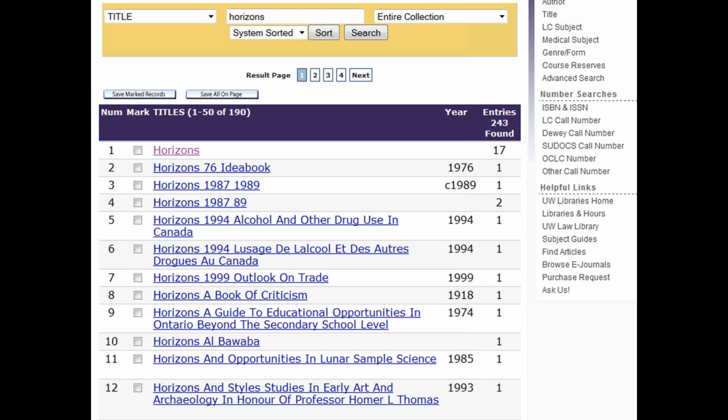And it doesn't take into account the fact that Horizons should be filed before titles like Horizons and Styles, at the bottom of that display. So in our particular case, the 130 doesn't work very well because of the indexing and display rules we have instituted in our public catalog. That can vary from ILS to ILS. But in any case, if you click on that first Horizons, which is all the records that just have the single word Horizons as a title entry point,